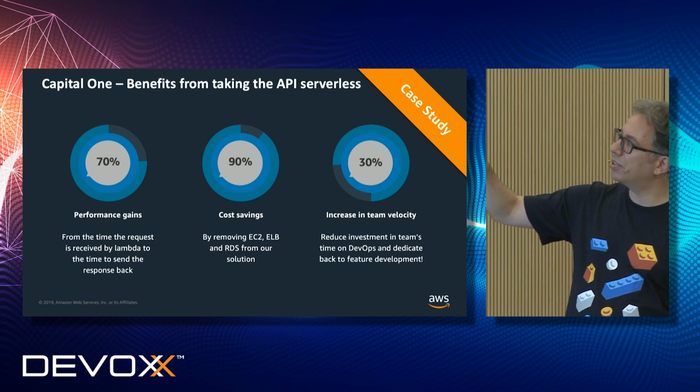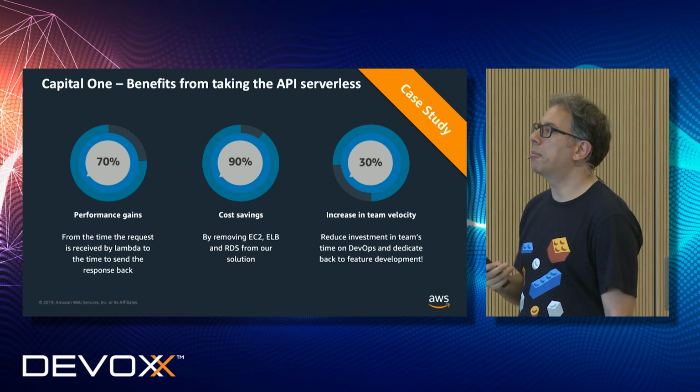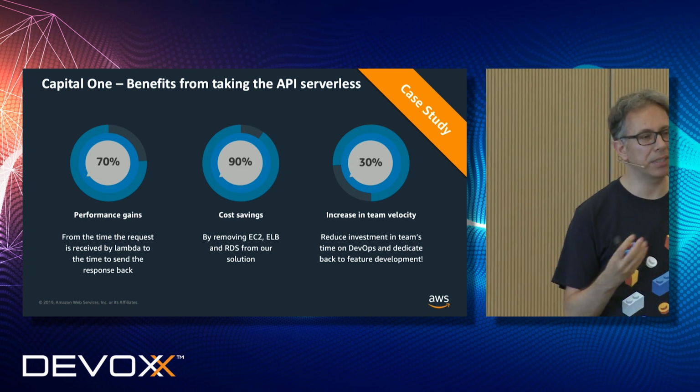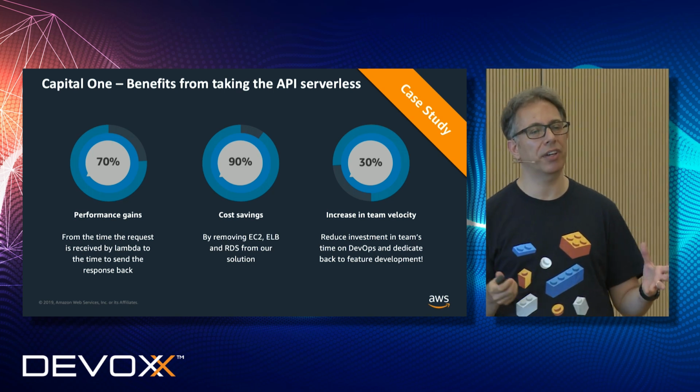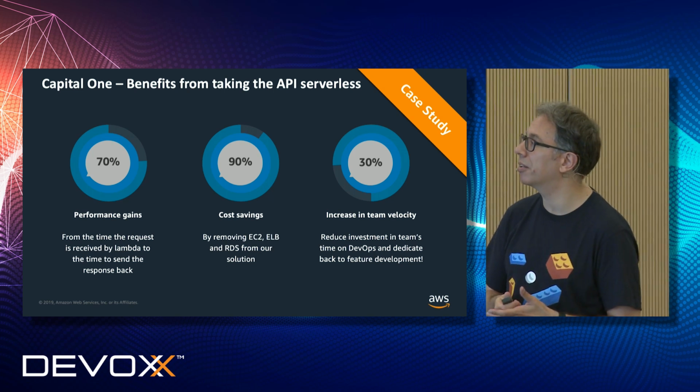And this is the same percentage that another customer, Dunelm, a retailer in the UK, told me based on the analytics that they did with their sprints. So basically they say, we are 30% more effective than we were before adopting serverless. We have more time to focus and build.